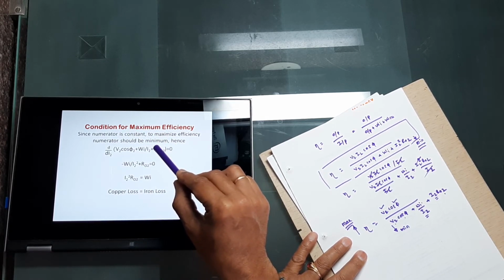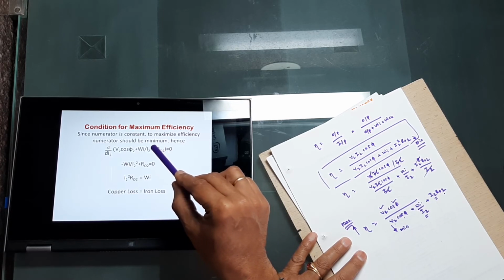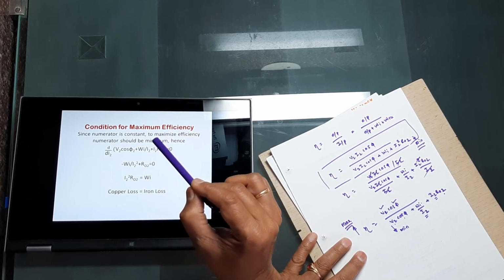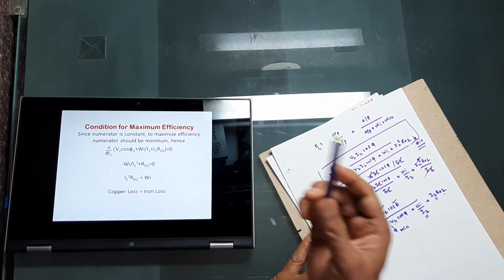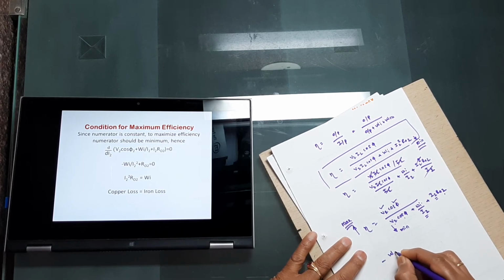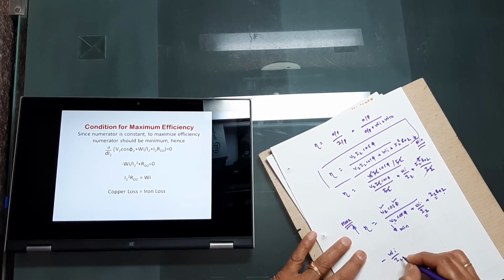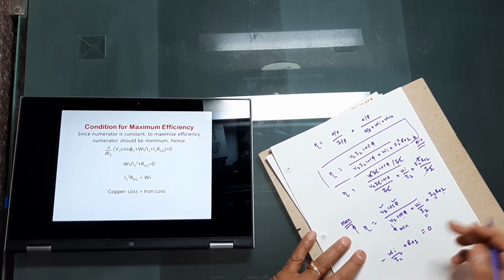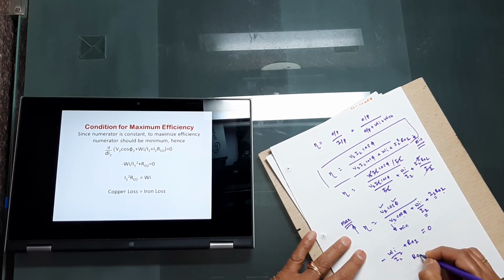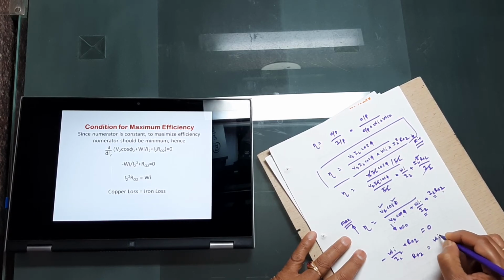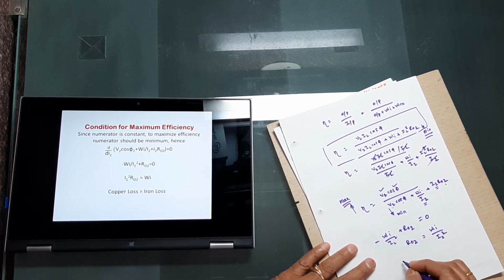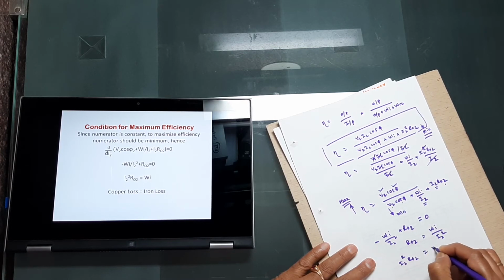And the differentiation of I2 RO2, where RO2 is a constant, and differentiation of I2 with respect to I2 is 1. Therefore, what we are getting is RO2. Therefore, what I am doing here is Wi divided by I2 square plus RO2 is equal to 0. Just thus I am transferring to the other side. Therefore, RO2 is equal to Wi divided by I2 square. I am cross multiplying I2 square, that is I2 square RO2 is equal to Wi.